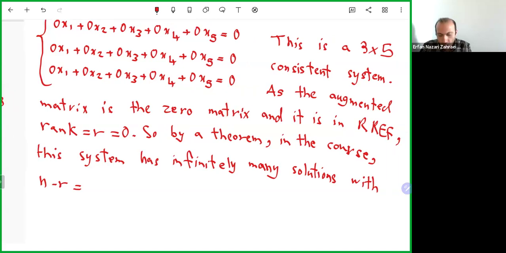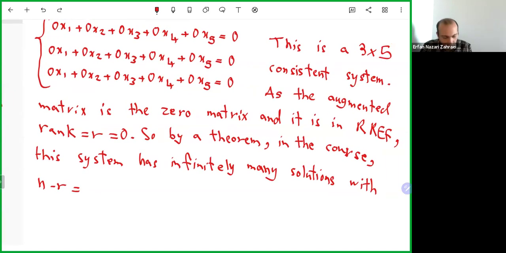But n is 5, the number of variables, and R is 0, so with 5